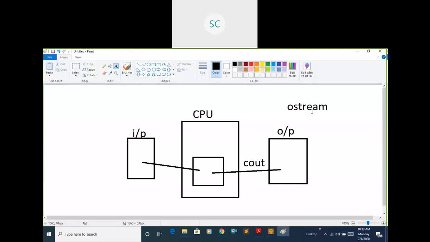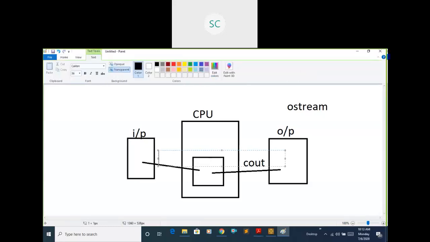In the same way, if you want to transfer the data from input devices to main memory, to carry that data we have one object called cin.